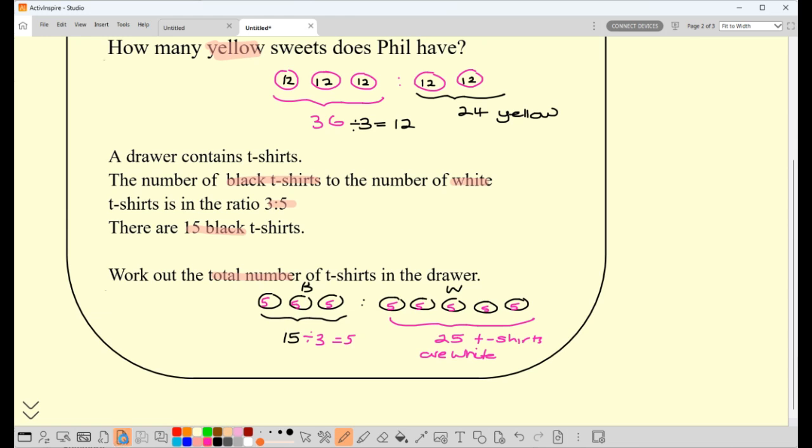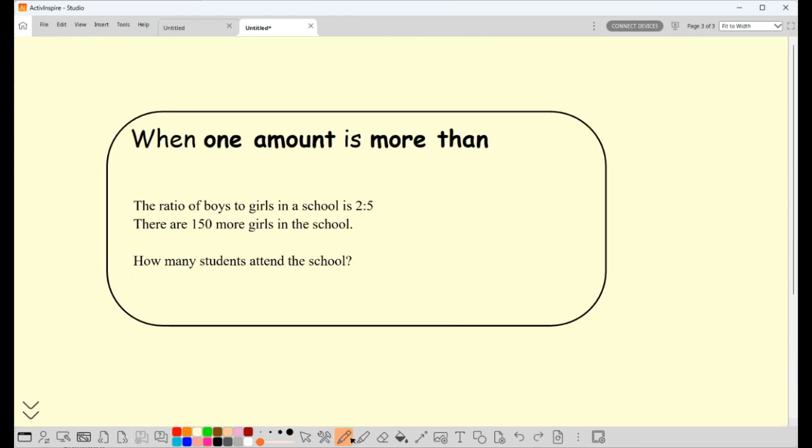Okay, the third style of question then is when you're told an amount is more than the other amount by how much. So the ratio of boys to girls is 2 to 5. So there are 150 more girls in the school. Not there are 150 girls, there are 150 more girls. Now, if there's 2 parts of the ratio that are boys, just take your 2 amounts being the girls to start with